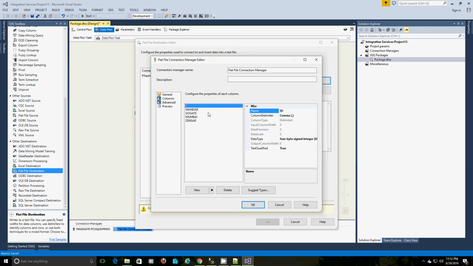The columns are id, first underscore name, last underscore name, city, and the last one is company.